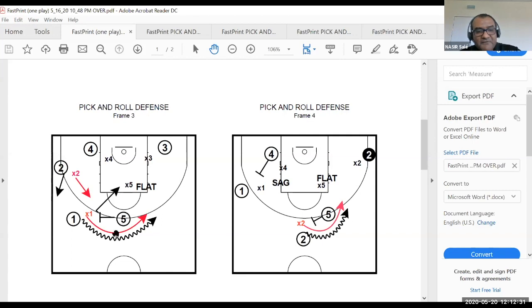So the big guy is the 5, he comes, and the 1 is the same. He comes over to close for the 1. Now we have again the X5 in the flat position to control for the 5 if he rolls. We have the 3 and the 4 in the low post position, and we have to control the 2 if he comes open on the line, because sometimes we know he is a good